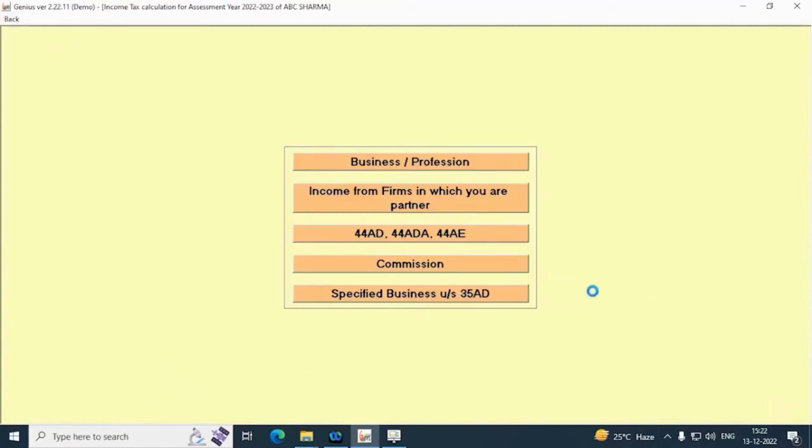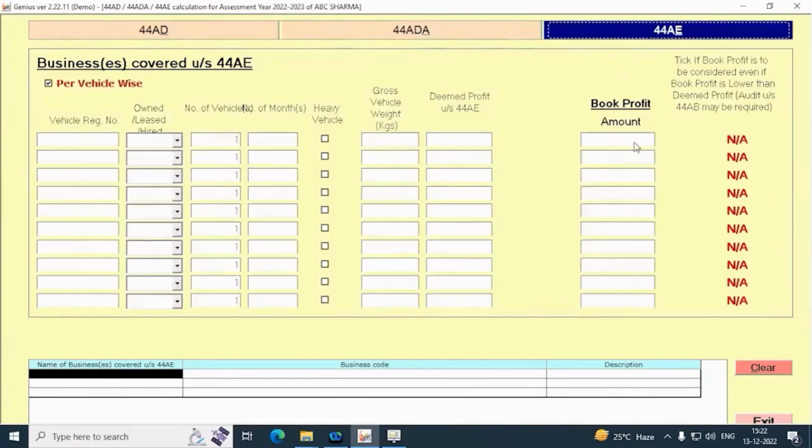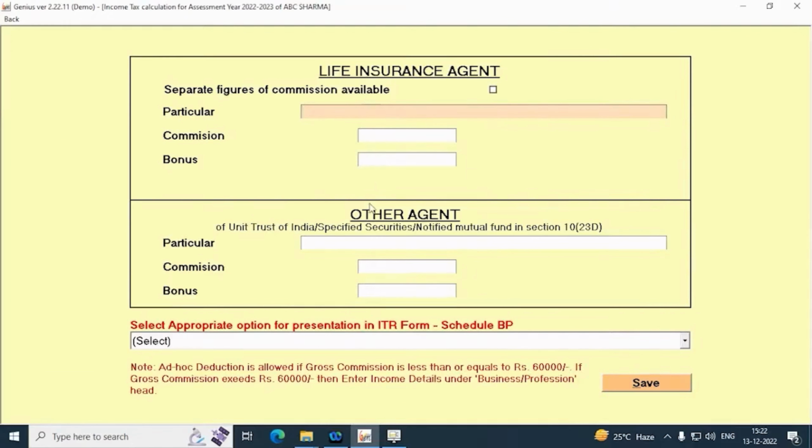If you want to show your income during the year under 44AD, AE, etc., fill the details under the tab 44AD, 44ADA, 44AE. If you are working as a LIC agent or any other agent during the year and earning the commission income up to Rupees 60,000, then you can show the income under the tab Commission.